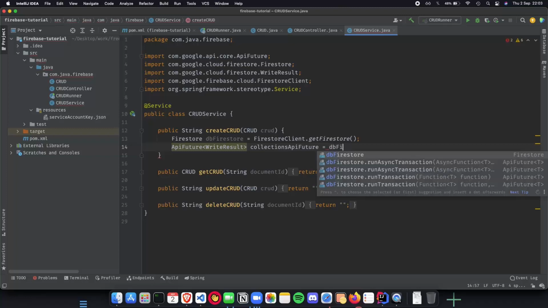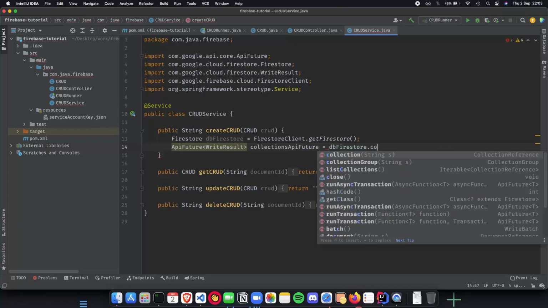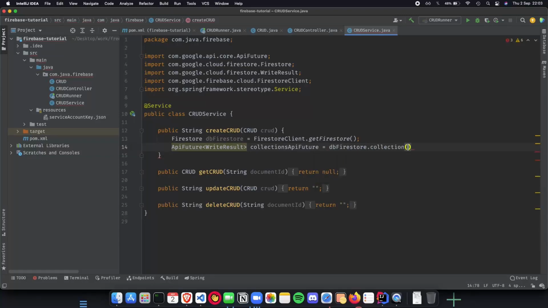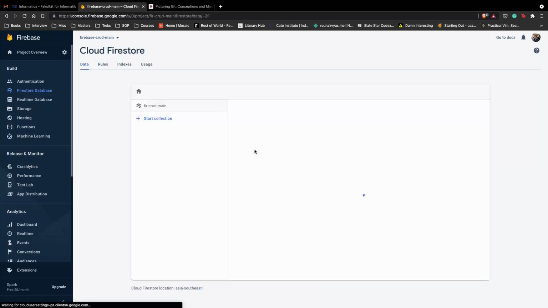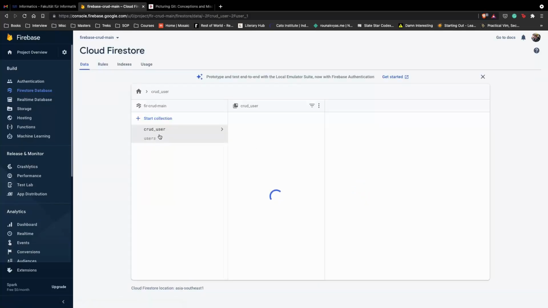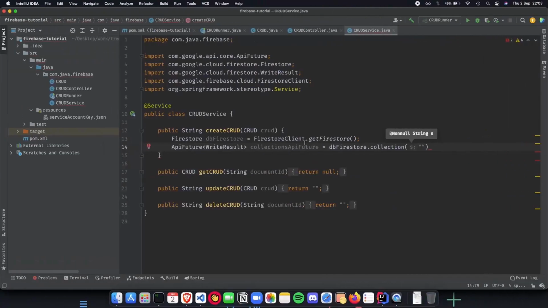db dot collection. So which collection, which database are we trying to get our data from? So this is basically our database inside Firestore. So if you go inside that and if you see our collection, so we have two collections here. The first collection was made before the videos, users, and we are using CRUD underscore user. So let's call this CRUD underscore user. So inside this particular